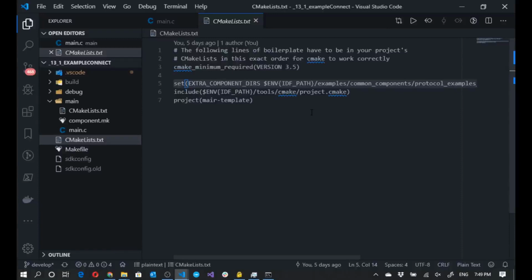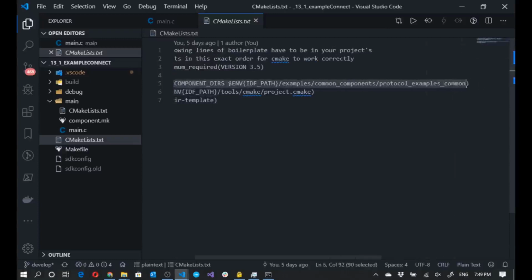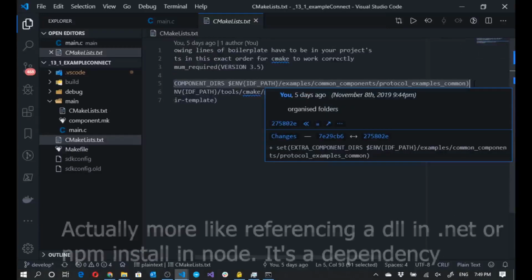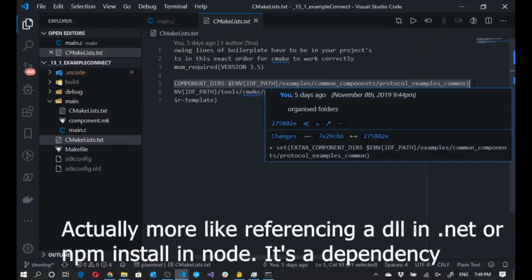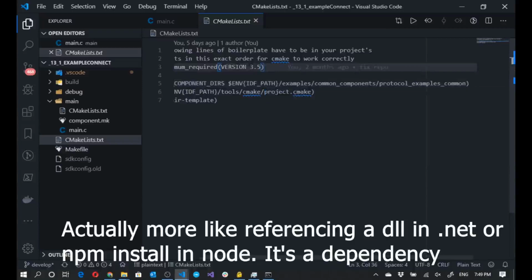Nothing to worry about. The thing that's actually new here is this line over here, set extra components. This is a kind of import. Think of it like in C# where you're using, or if you're using Node.js, require. This is what that does. That brings in this particular